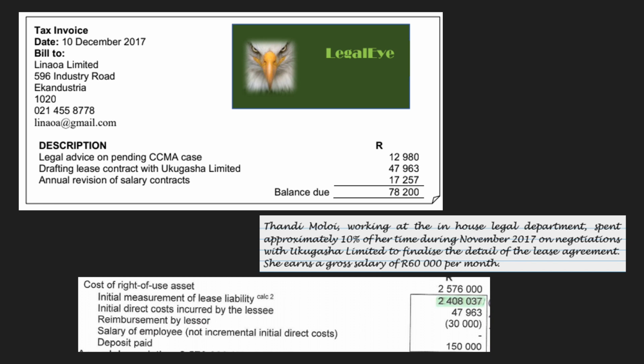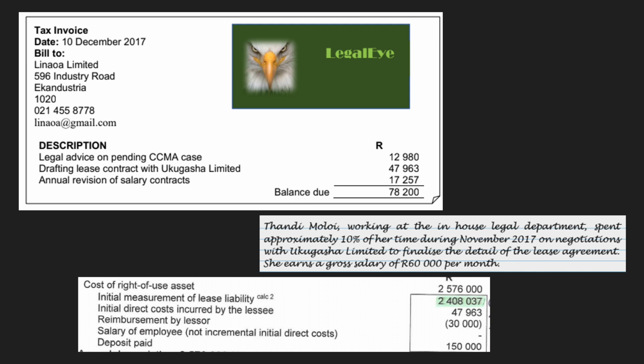She earns a gross salary of 60,000 Rand per month. So what a lot of students did is they went and said, okay, 60,000 Rand per month, times that by 10%. So 6,000 Rand needs to be added as an initial direct cost. That is not the case, and I touched on this in the Facebook Live relating to IFRS 16. The reason that we do not include the 6,000 Rand in the cost of the right of use asset is